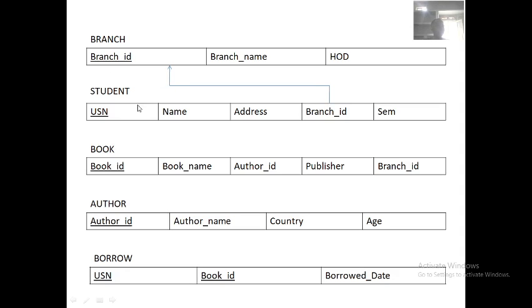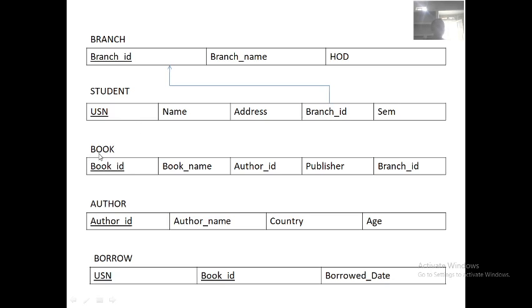See here, this student table is interlinked with this branch. This arrow mark is shown towards a primary key, from where it is borrowed. So this branch ID is a foreign key which is the primary key of the branch table. This is the only foreign key in this table.